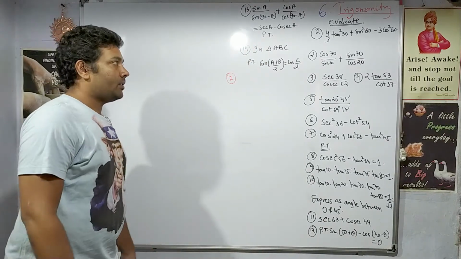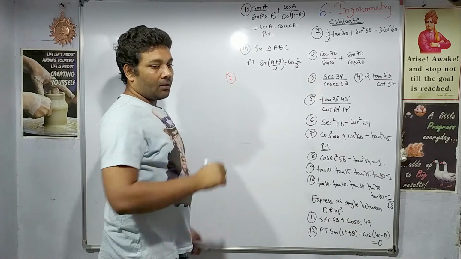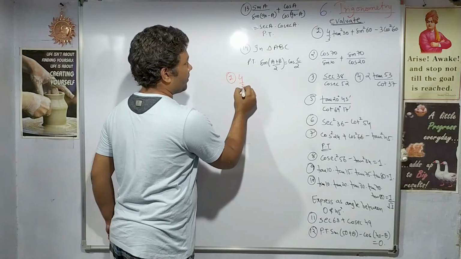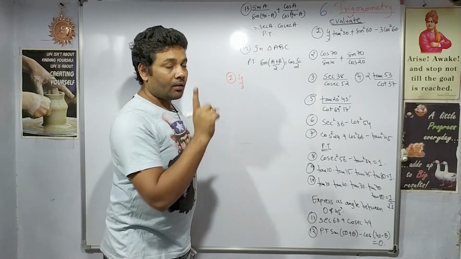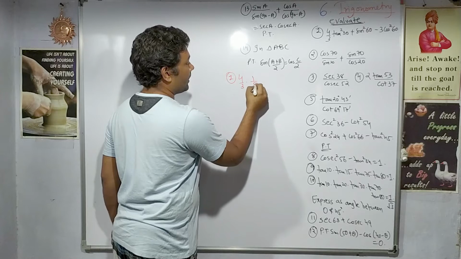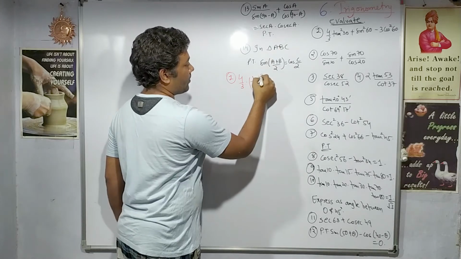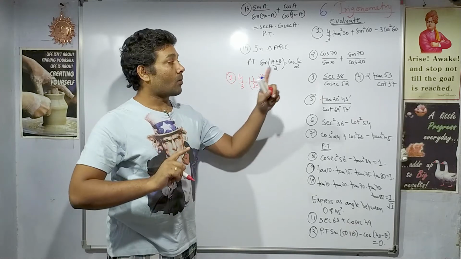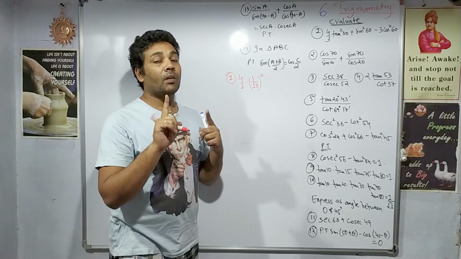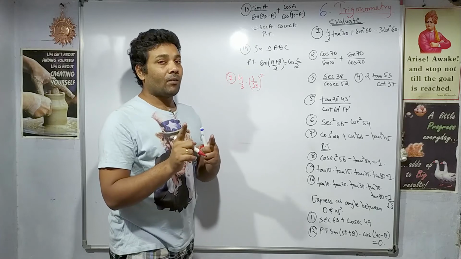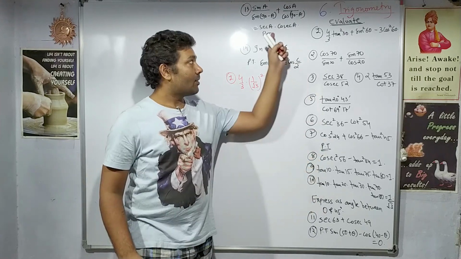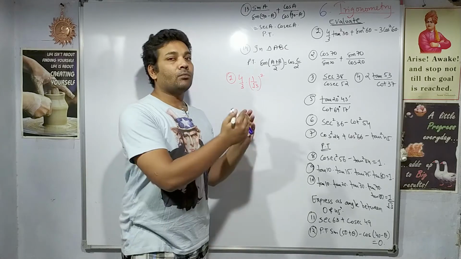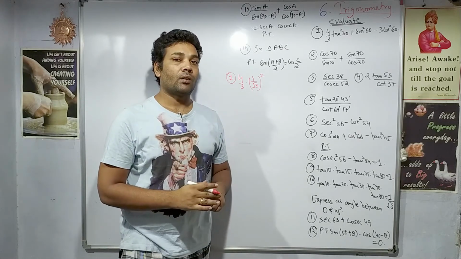Evaluate. You must remember the values of trigonometrical quantities, so let us substitute the values. Tan 30, the value is 1 by root 3. Square we have, so we'll square. If you have not learned the trigonometrical tables from lecture number 5, please learn them very well. If you can, try to solve these questions. If you don't get the answer, you can come back to this video and see the solutions.